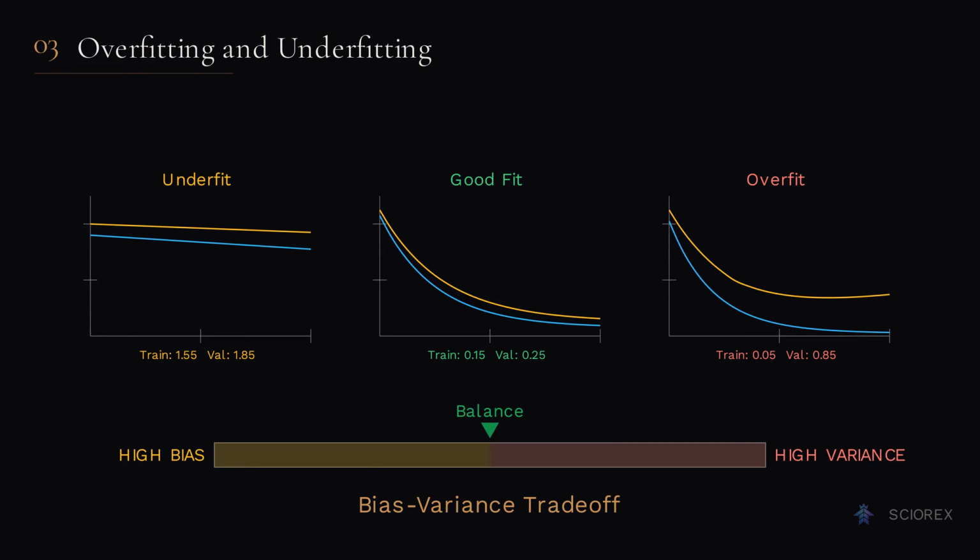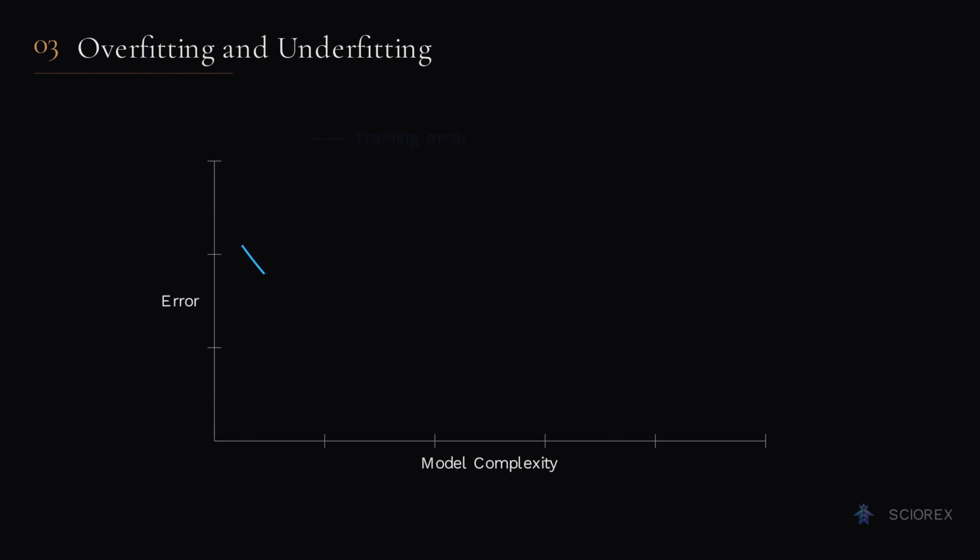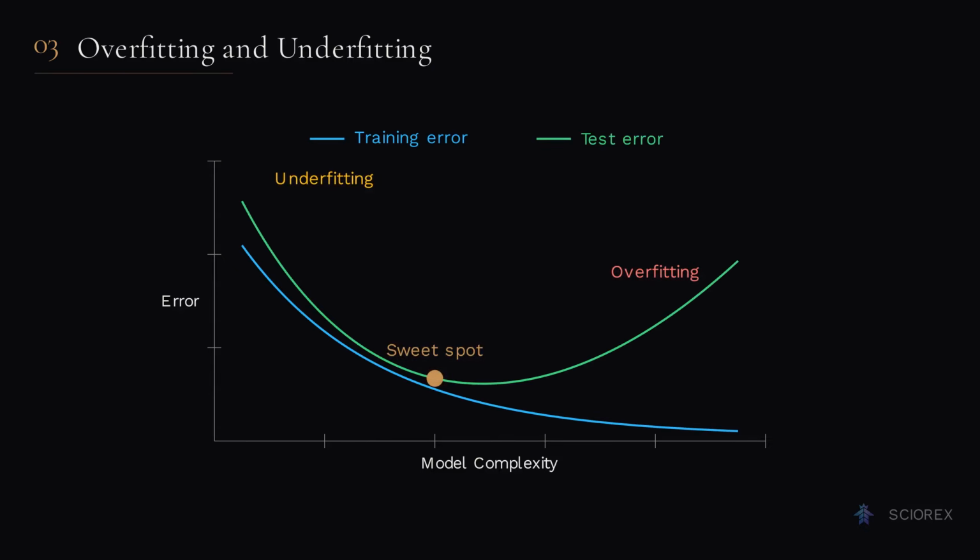We want a balance. This U-shaped curve is one of the most important diagrams in machine learning. Training error always goes down as you add complexity. A powerful enough model can memorize anything. But test error has a minimum. Past that point, every bit of added complexity hurts generalization. Your job as a researcher is to find that minimum. Remember the loss landscape from episode 4. Finding the bottom of that landscape on training data is necessary, but not sufficient. We need the model to find a region that also works on data it has never seen.